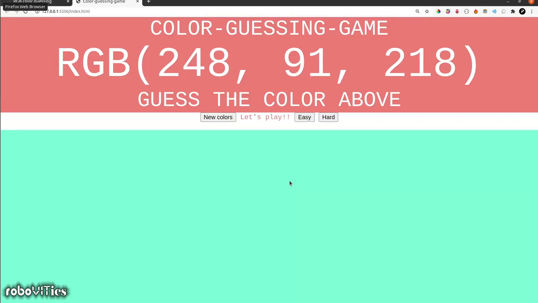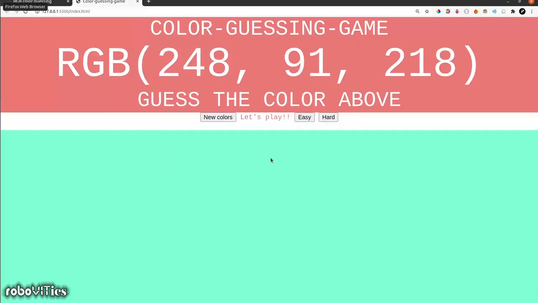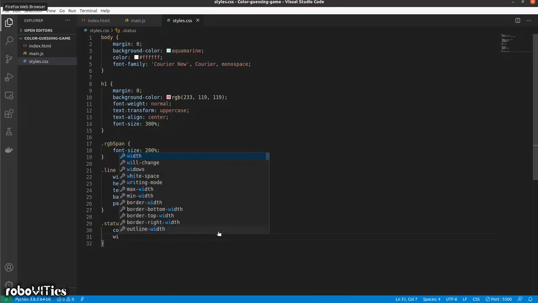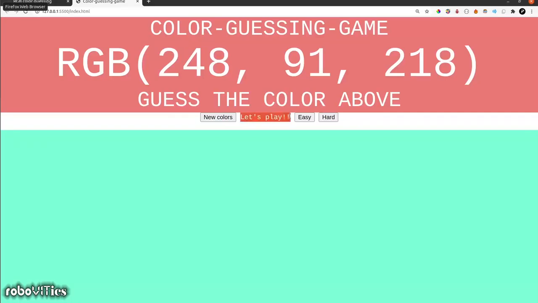Okay, so we need to do a few more things to the status. First, give it some space around. So let's give it a width value of say 20%. And also we want it to be a display inline block. The reason we are doing that is because we need it to have a width specified. So right now if I move, you can notice that I haven't actually changed the width. The reason being, it's an inline element, and inline elements, that's span in this case, do not allow you to change the width. Only block elements do.